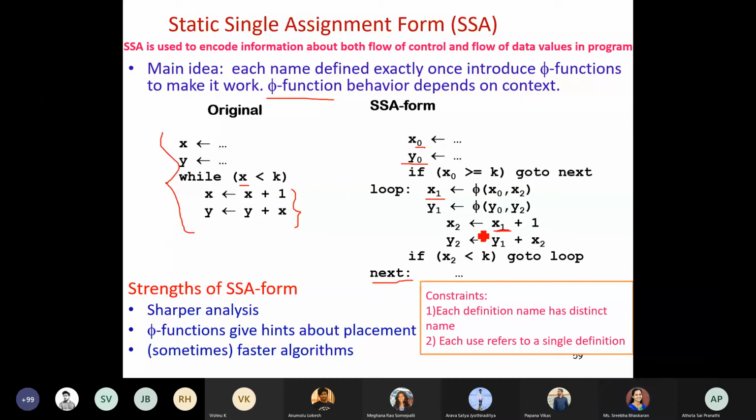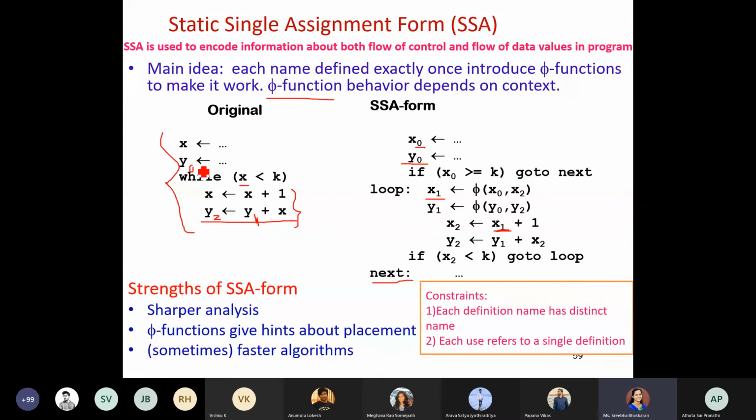Similarly, see here, y equals y plus 1 has to be done. So I am just numbering it. Initially I numbered this as y0, this as y1, and this as y2. When I say y1, which two values is it dependent on?